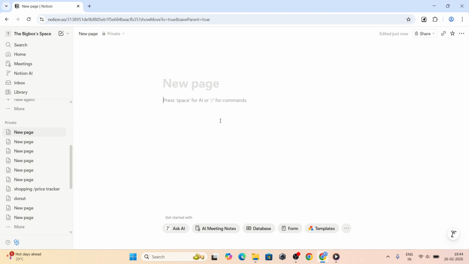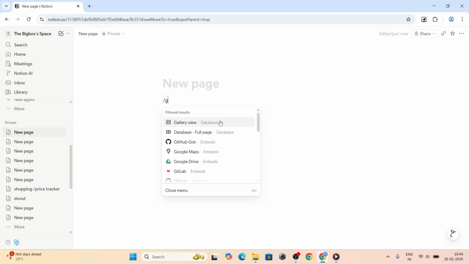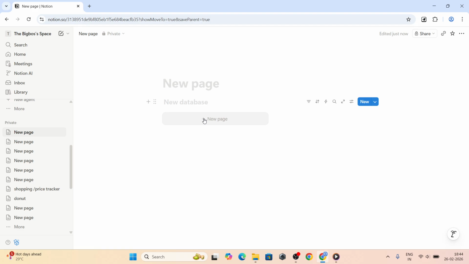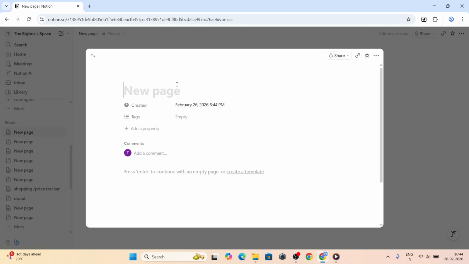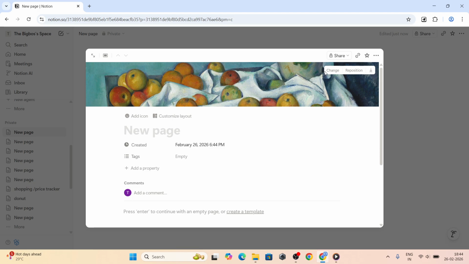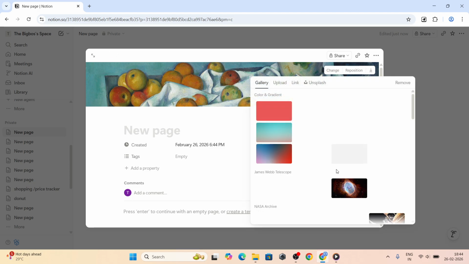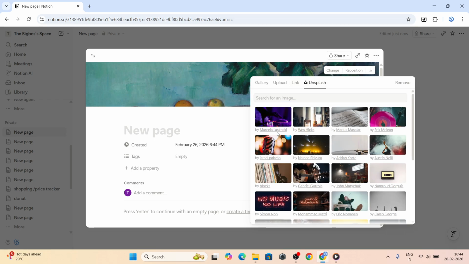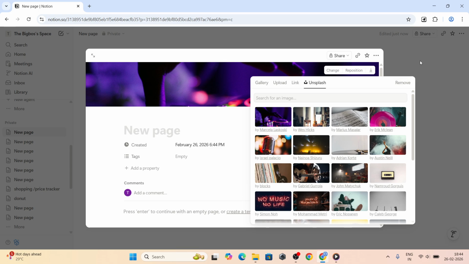First, open a page inside your gallery. Think of each card in your gallery as a full Notion page with its own content and settings. At the top of that page, click Add Cover. This instantly gives the page a banner-style image. Click the cover again and choose Change Cover. Here, you can upload your own file, pick a free image from Unsplash, or paste a link to an image